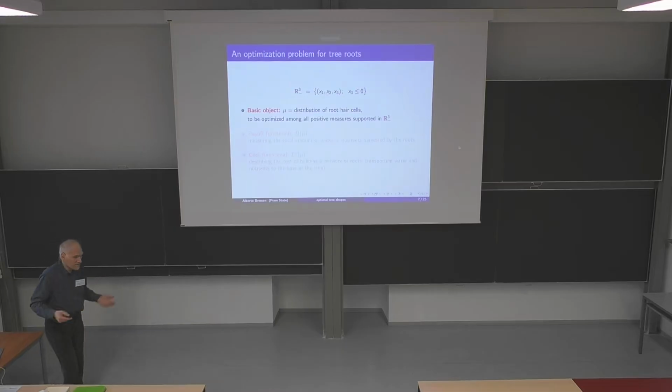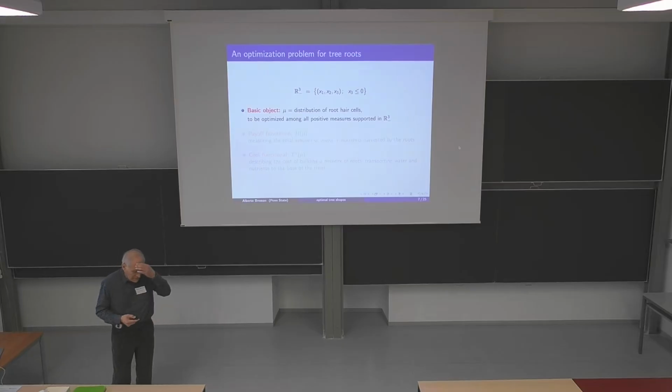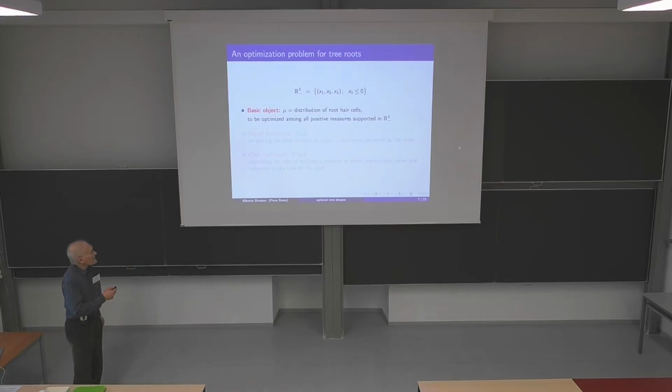How about tree roots? That's a different thing, of course. So again, the basic object will be a measure, the distribution of root hair cells, the ones that collect water and nutrients from the ground, and this is to be optimized among all positive measures supported in R3-, that is, below ground, of course. The payoff will now be a harvesting functional, which measures the total amount of water plus nutrients harvested